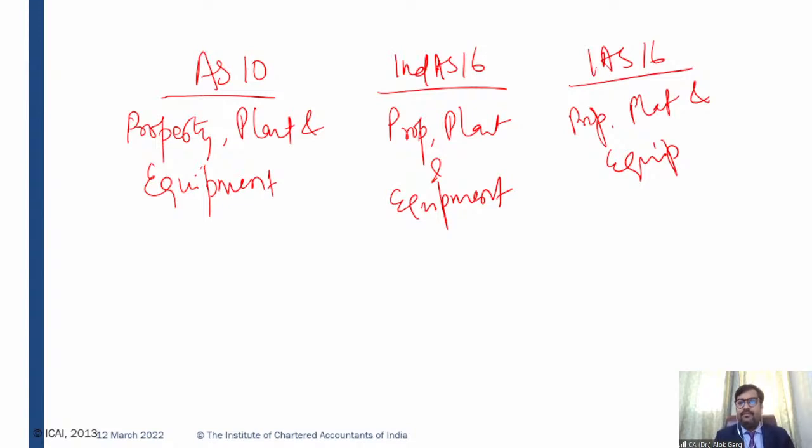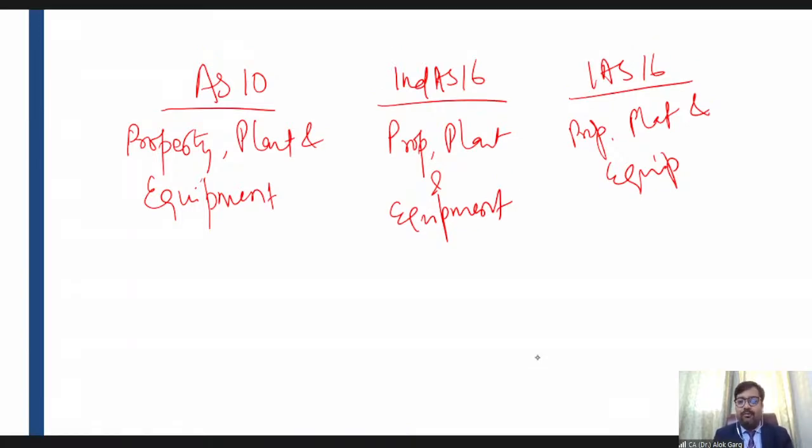refrigerator, electrical installation, furniture and fixtures, your tea and coffee vending machine if it has been purchased, your factory, your machinery, trucks for the transportation of goods and services, and fire extinguishers, which are safety equipment. So these could be the property, plant and equipment. And being CA final students, we are well versed with the concept of property, plant and equipment.